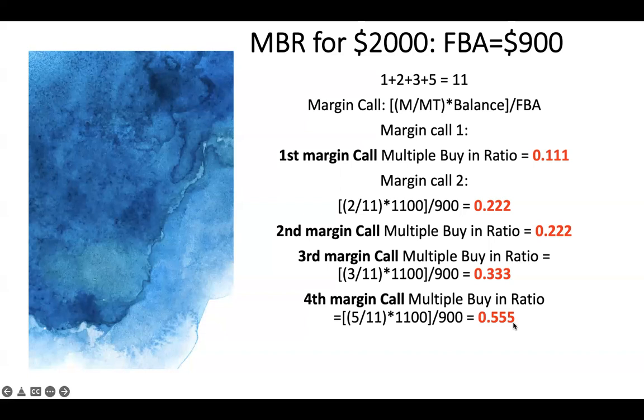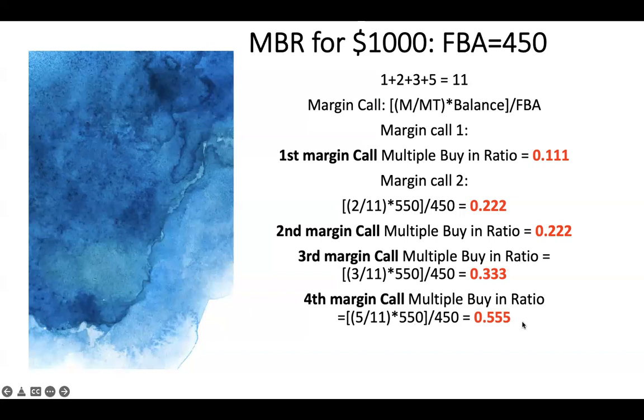So listen, your multiple buying ratio for margin call 1 to 4, whether it's $1,000, $2,000, $500, or $300, please don't use this for anything less than $300. The minimum you're going to use this setting for is $300. It's 0.111, 0.222, 0.333, and 0.555. All right. So this is an example for